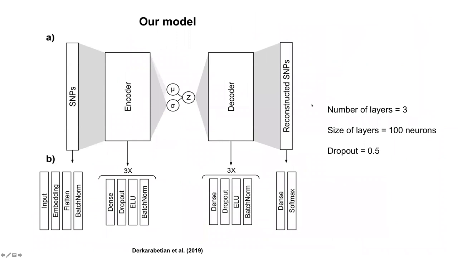So really quickly, this is our model. I'm not going to talk too much about this, but there are various things that go into this. Dense just means that it's a fully connected layer. Every neuron in the second layer is connected to every single neuron in the first layer. Dropout is something I'll mention. This randomly drops out, or randomly deactivates, 50% in this case, of the neurons. It's a way to prevent overfitting. Activation is essentially a way to send the information from one layer to the next. Batch normalization is just normalizing the data.